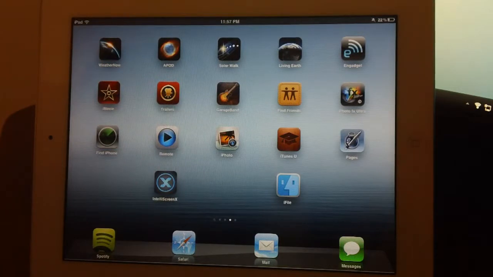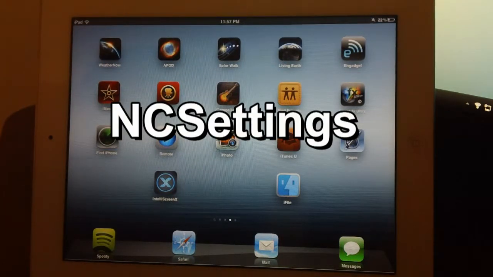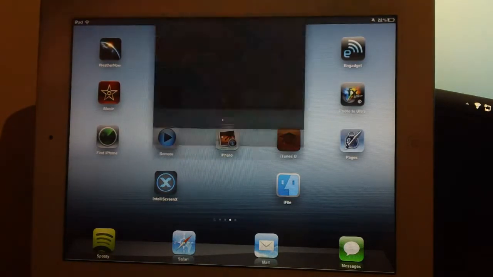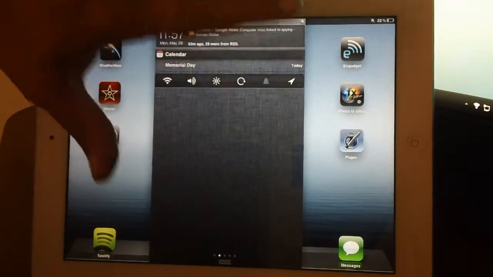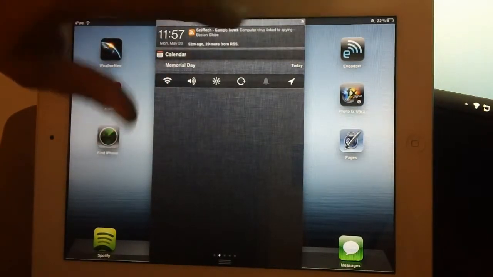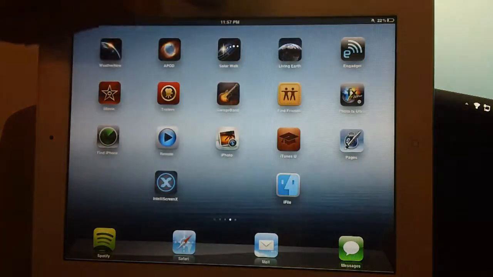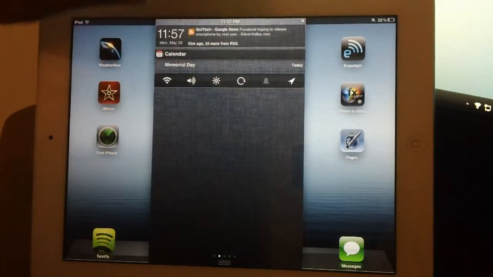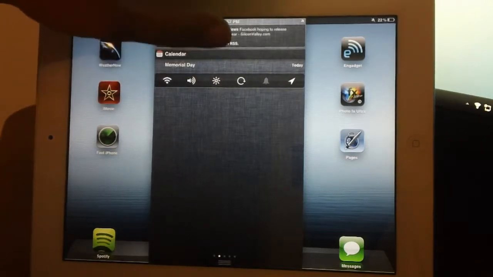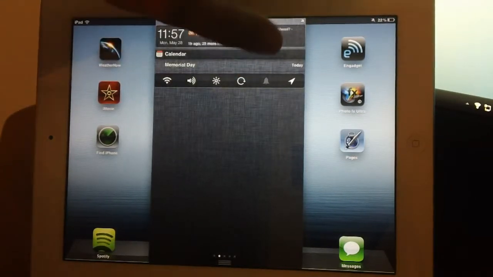Coming in at number 5 is a free tweak, and it's called NC Settings. Now, this tweak to me is basically the SB Settings killer, and I just like it because it has a very iOS Apple kind of style to it. Now, it's just a notification center widget, as you see right here, with various system toggles such as Wi-Fi, volume, brightness, orientation lock,